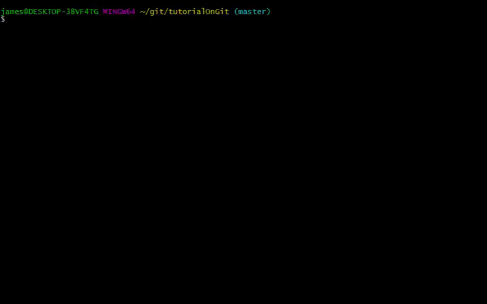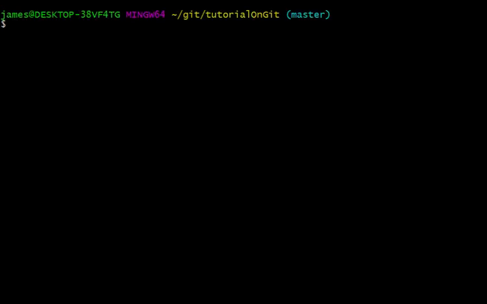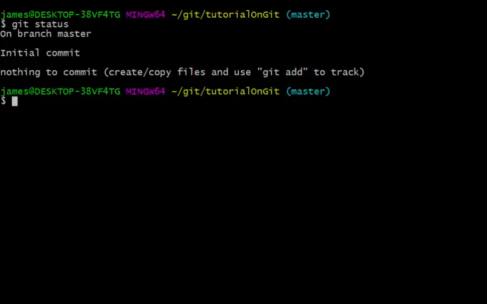Okay, going back to our terminal, increase the font here so it's a bit bigger, maybe easier to see. So here's our terminal. We're already on a Git repository that we just created from our first video. I'm going to type git status to see where we're at. Git status will give you the status of your Git repository at any given time. So you can see we have a clean working tree, we have no commits there, we're on branch master,